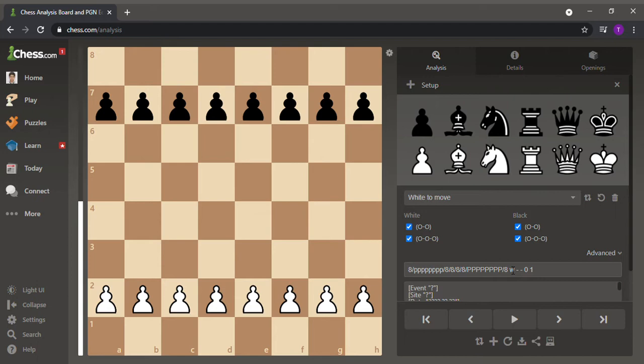So without any further delay, let's get into our lesson for today. First we are going to take a look at the en passant rule. On the board you can see not all the pieces but the 16 pawns. Why is it so? Can you guess the reason? Yes, this is because the en passant rule is only related to pawns, so we don't need any other pieces.